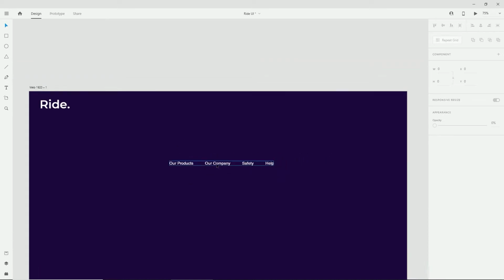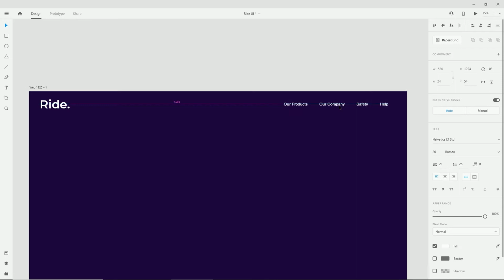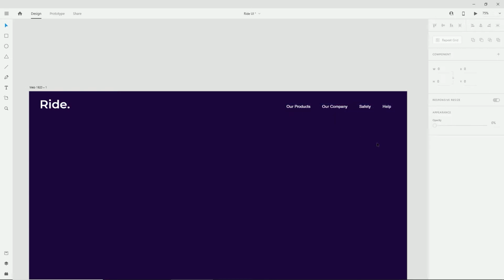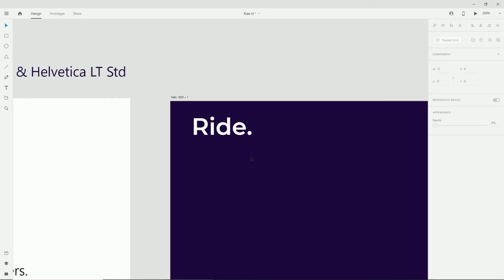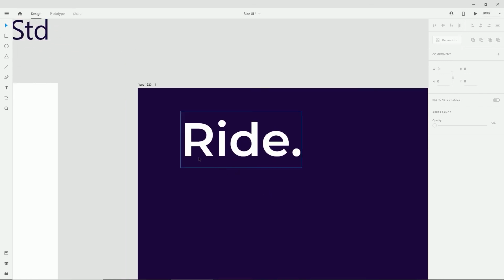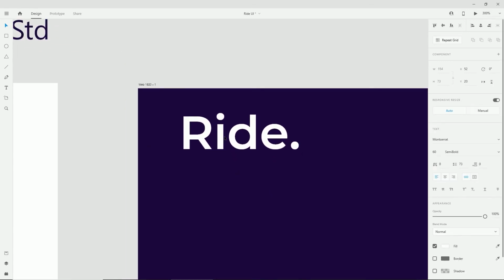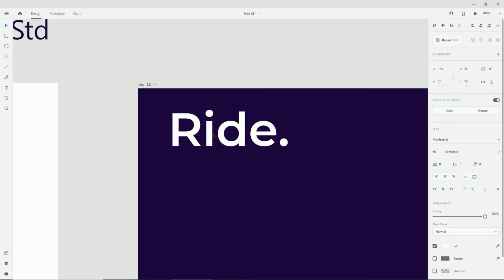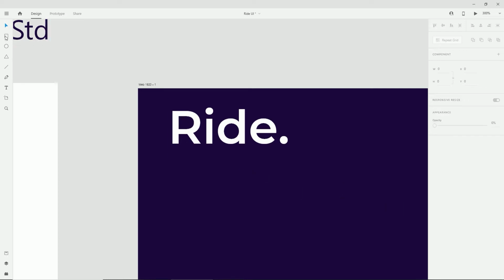Let's zoom out, and I want to make sure that this menu is actually aligned with my logo, and I want to put the menu on the right side. Let's first measure the space between the left side of the screen and the logo. The reason for this is I want to keep this spacing quite, maybe we can move it even like this. We'll do it to save a little bit of space on the screen.